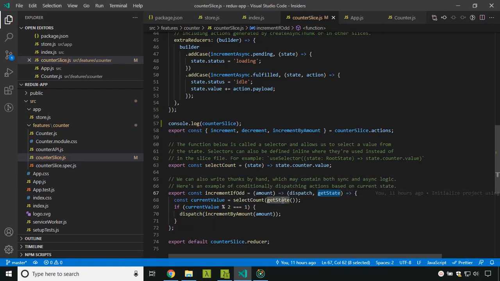Using this current state, we are fetching the count value using the callback selectCount(state), which reads state.counter.value, and we are checking the current value, dividing by 2, and in case the remainder is 1 then only we will be dispatching the incrementByAmount. Similar to this we can write thunks by hand. This is the way we can conditionally dispatch actions and update the states.